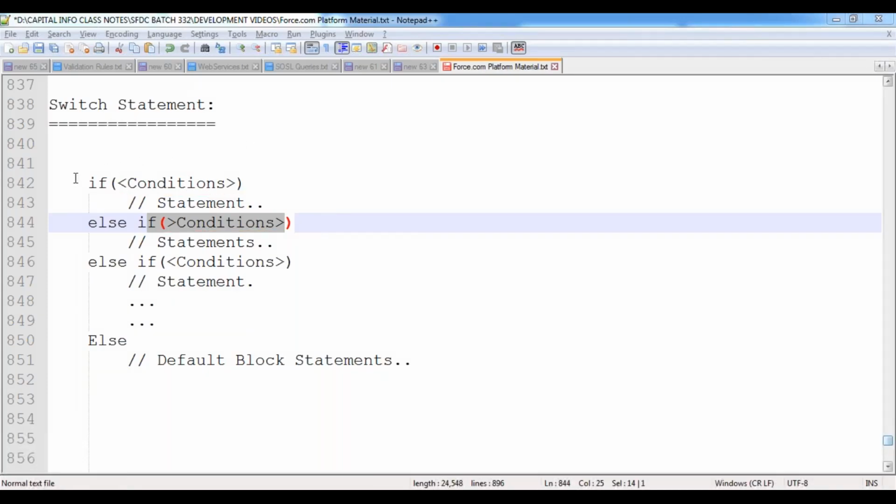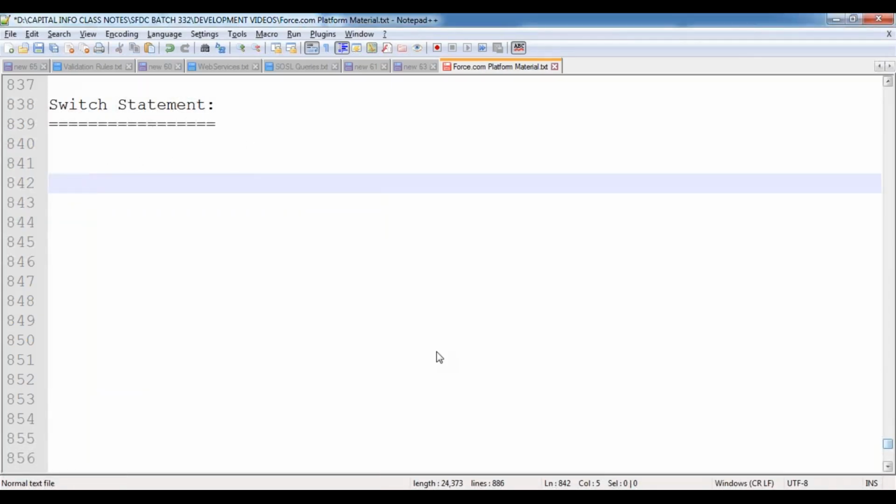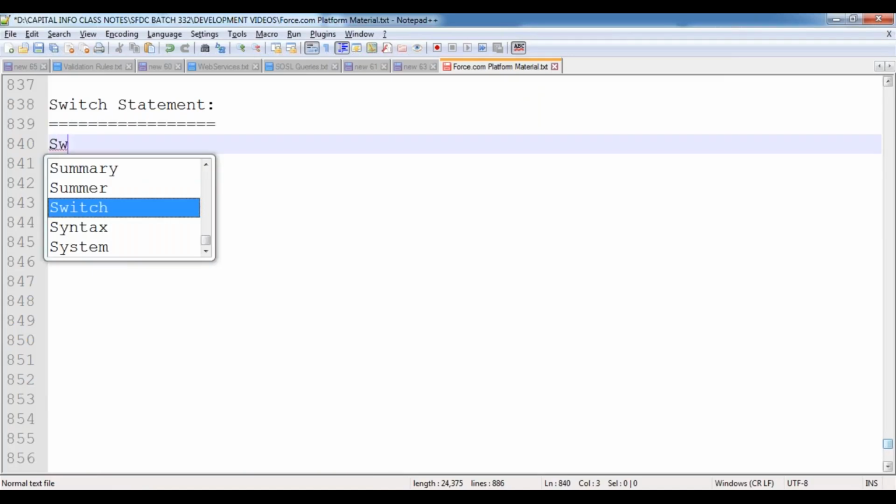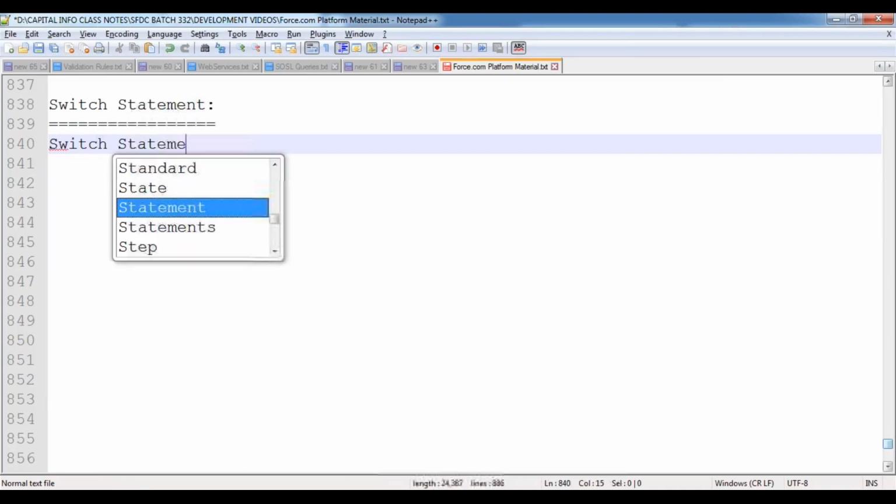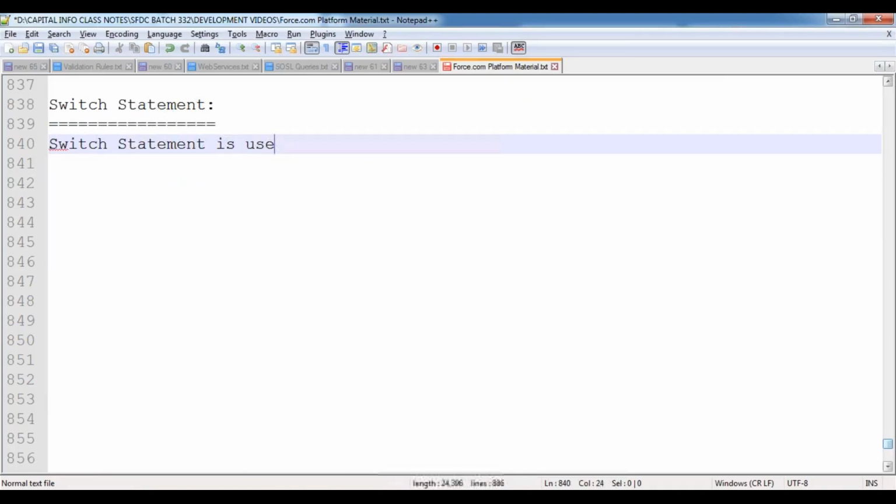Now let me give the note point over here. The switch statement is used to compare